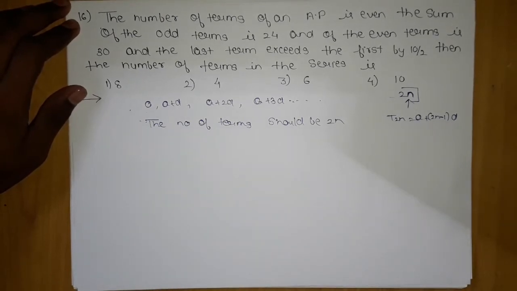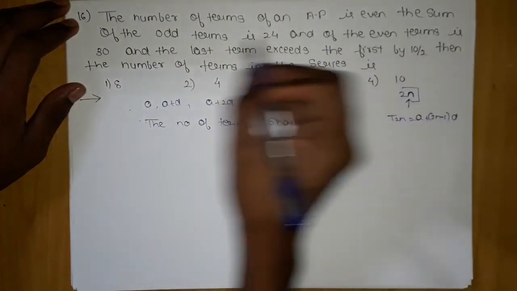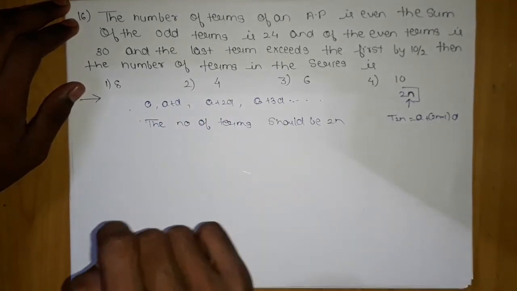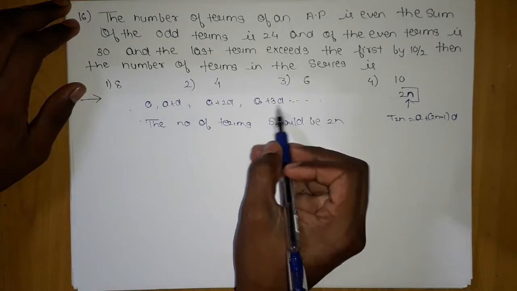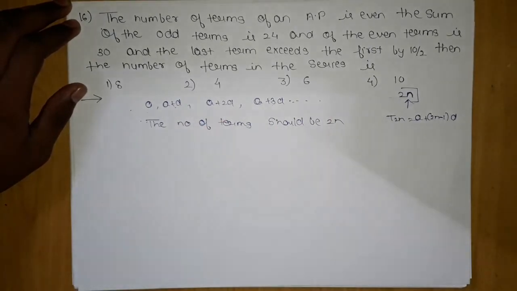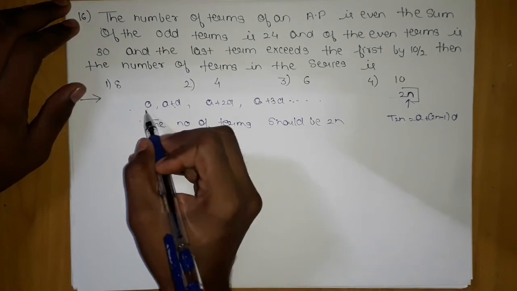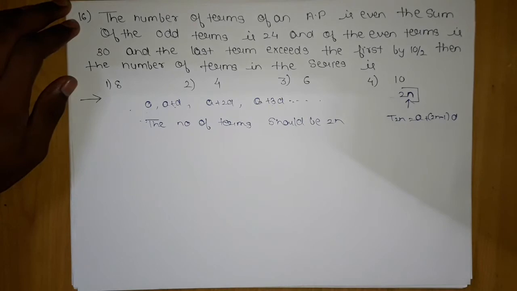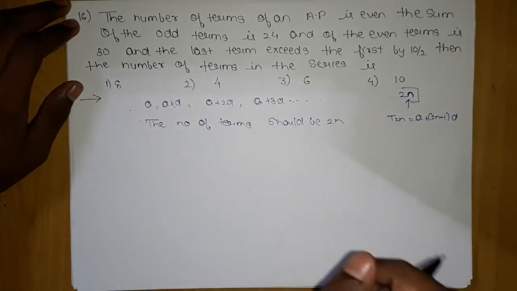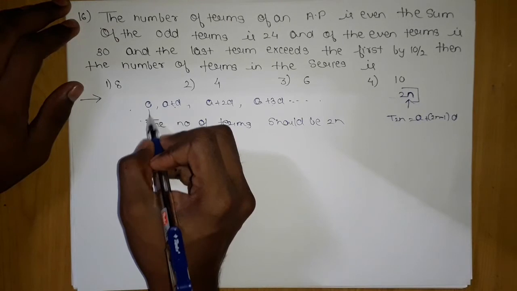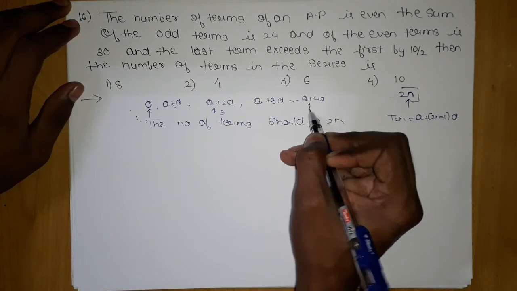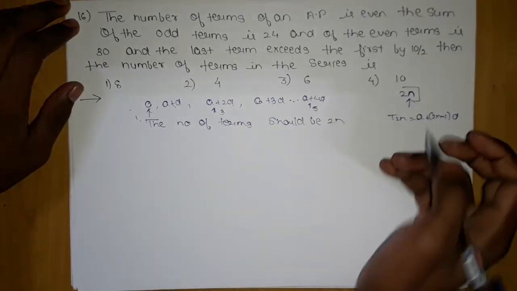Now one more thing. Just see what I mean by the sum of odd terms is 24. You will say a plus d, a plus 3d, these are odd terms. How are they odd terms? They differ by adding 2d. The language of odd terms is meant by the position. Always when odd terms are mentioned in the question, take it as odd positions. So this is the first term, this is the third term, after this a plus 4d is the fifth term, and like that all the odd position terms.